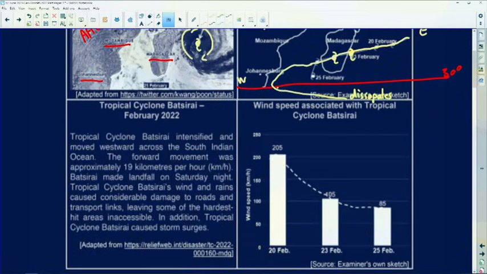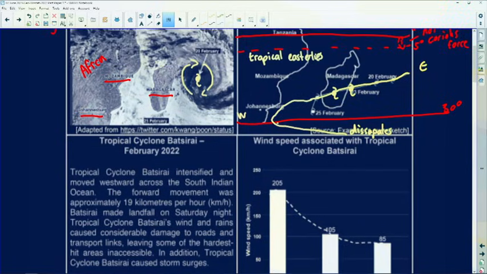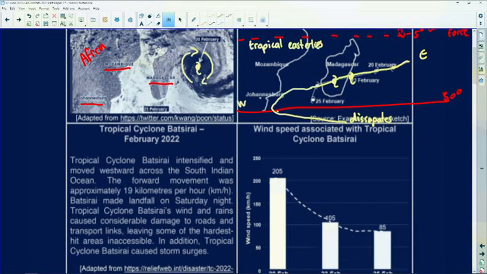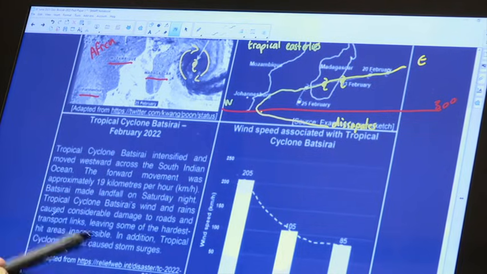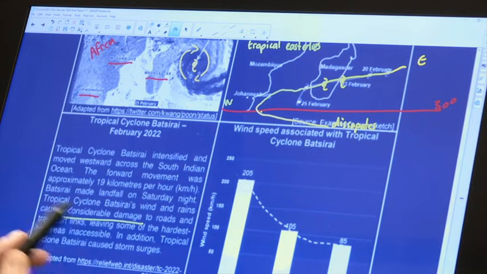Now, as you can see, the wind speed, how intense it is over there on the 20th of February, and it decreases over time. As you can see, tropical cyclone Bhattarai intensified and moved west across the South Indian Ocean. There you can see it moves from east to west, right? The forward movement was approximately 19 kilometers per hour. Bhattarai made landfall on Saturday night with winds and rains, and caused considerable damage